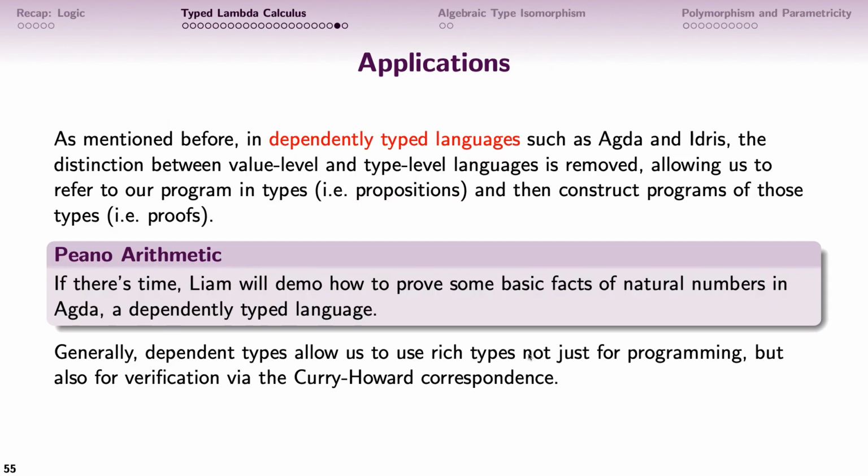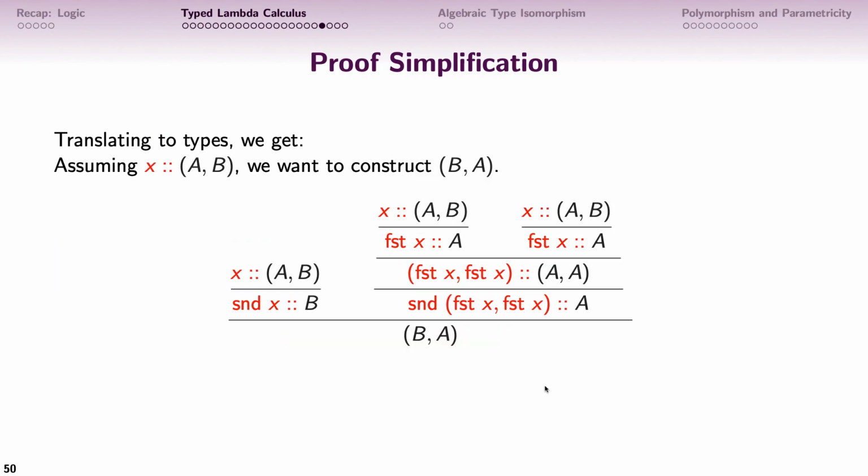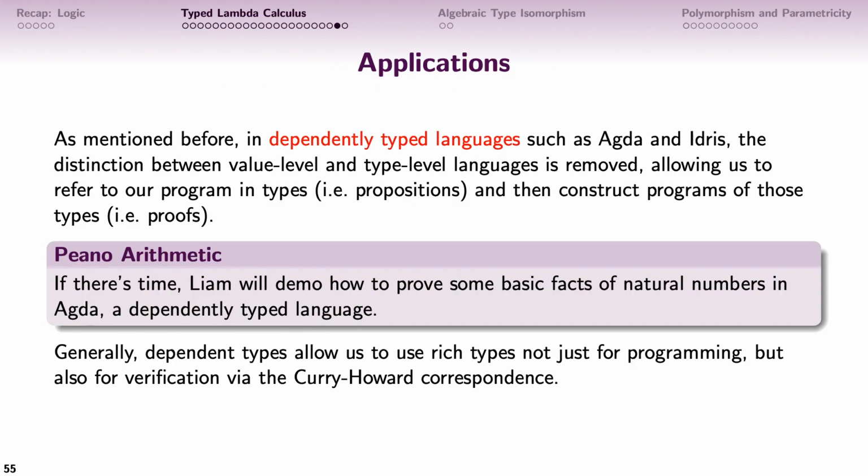So I've mentioned before, we've had dependently typed languages such as Agda and Idris that allow us to remove the distinction between value level and type level languages, which allow us to do a lot of very interesting things with type systems. I'm not going to demonstrate them today. However, that will be the topic of next week's extension video. It's an extension lecture, so it's not assessed, but it's a very interesting topic. Essentially what we're going to be doing is using the Curry-Howard correspondence, which is what this correspondence is called, by the way, to prove a lot of interesting properties. Okay,